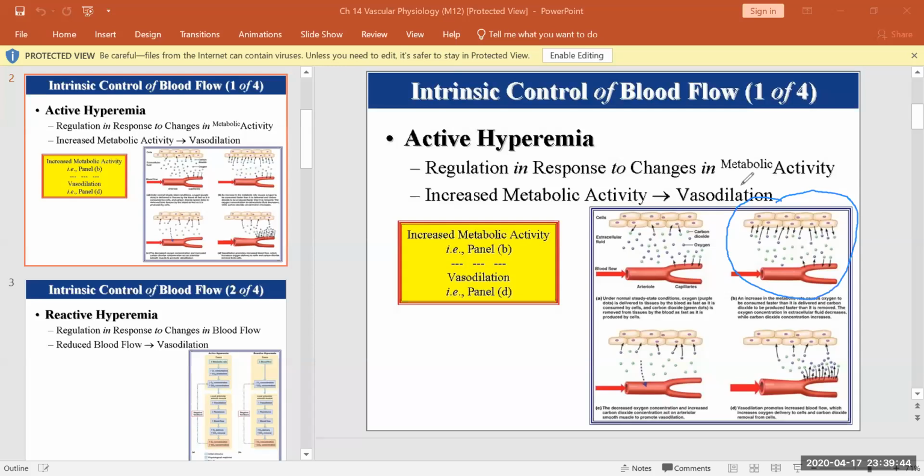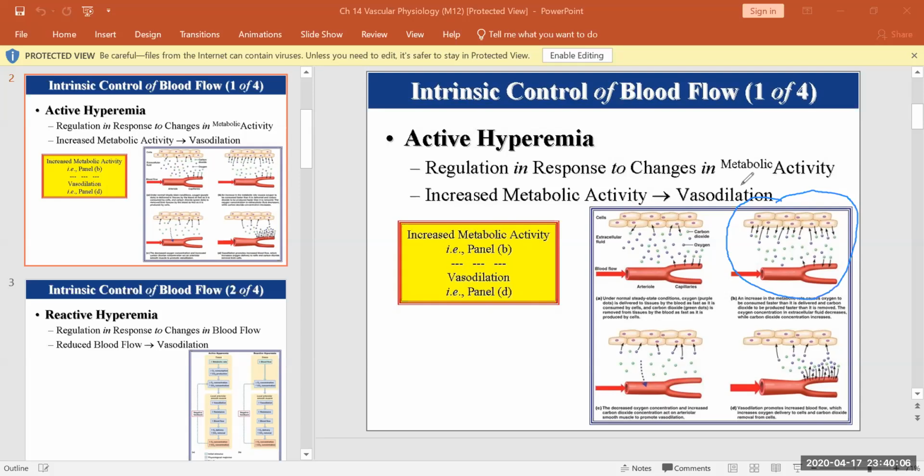So suddenly now the systemic body cells generate more cellular waste and more carbon dioxide than the blood vessels can pick up, and require more oxygen because of the increased consumption of oxygen,